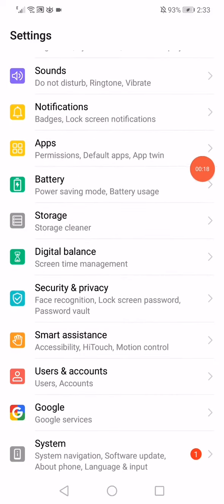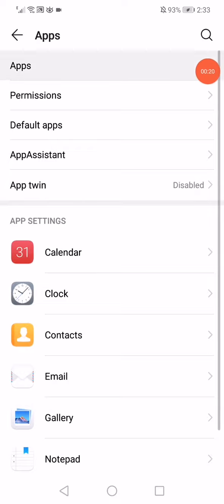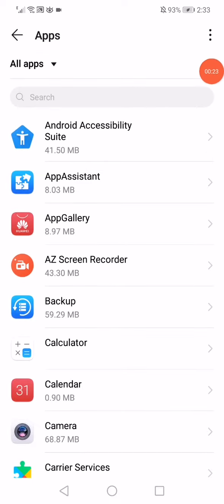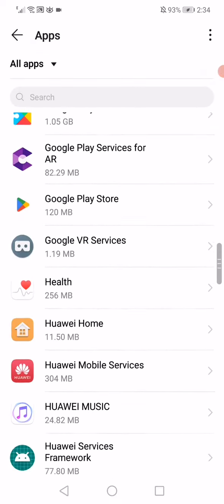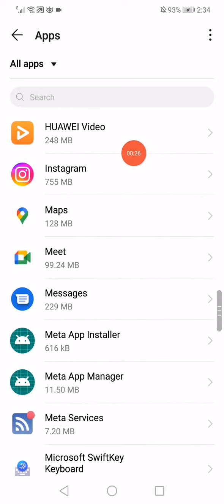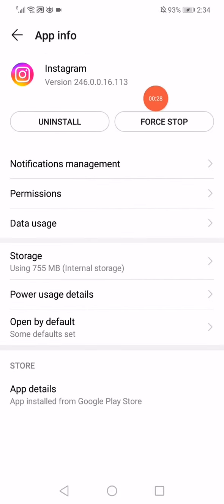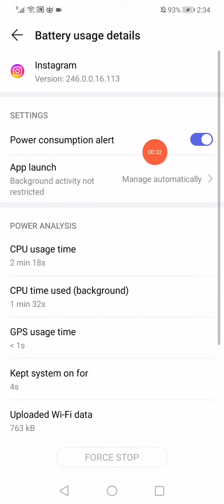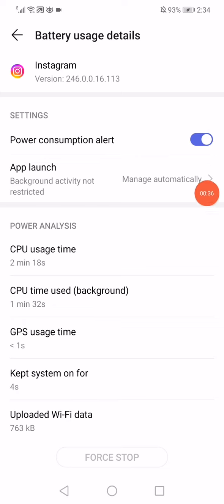options. Go to Apps, and then go to Apps here at the top. Scroll down until you find Instagram and click on it, and then click on Power usage details. Make sure that the power consumption alert is enabled, and then go down here and click on Force stop,